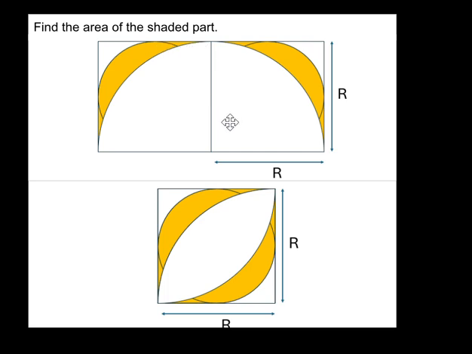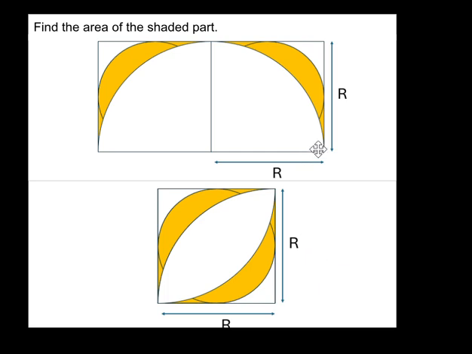In this video, I'm just going to assume that the dimension given here is r and r, and in the question usually they will give you the actual dimension. The problem is how do you find the area of this orange part that looks something like this or something like this. I'm going to show you step by step